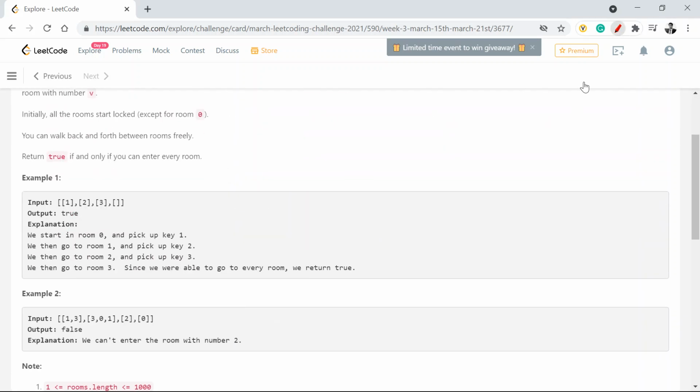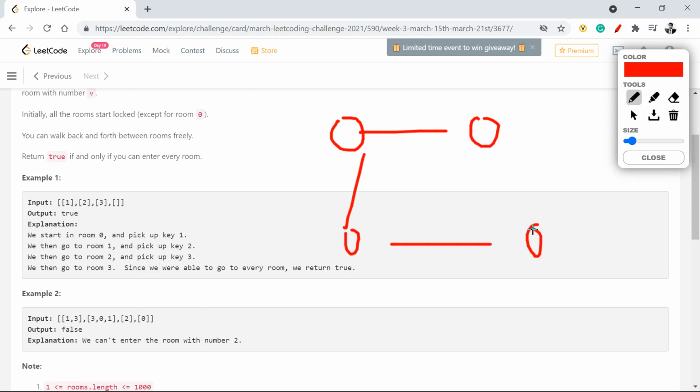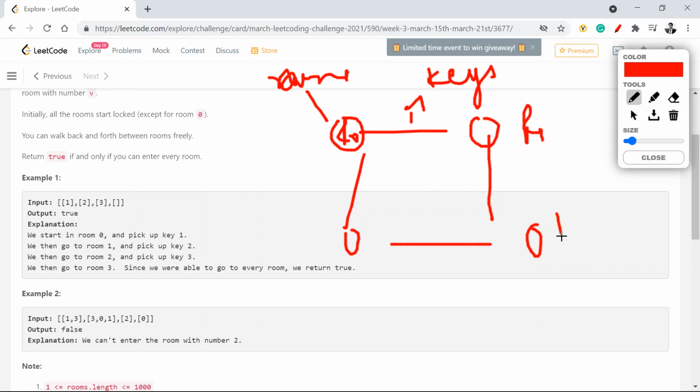If I try to make an analogy, this is very similar to a graph problem. You are at one node, and assume the edges to be the keys and the nodes to be rooms. Say this was R0, this was R1, R2, and R3. If R0 contains 1 comma 3, that means it can visit this and this.